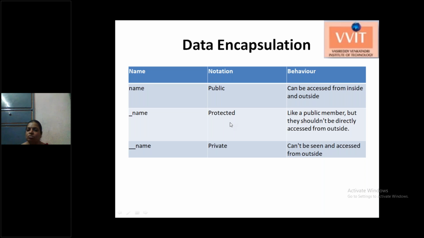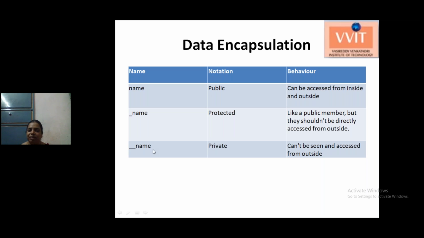Other classes which are not related to our class cannot access the protected variables. Private variables, as the name itself says, are confidential and do not allow access to any others. The variable is declared with two underscore symbols and the name of the variable.